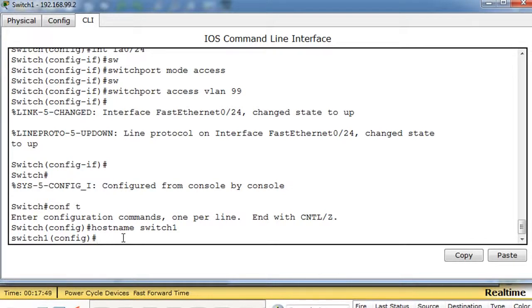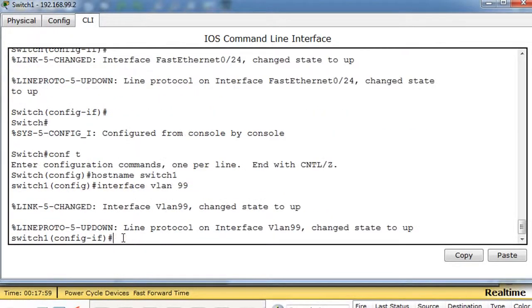For the IP address, I'm going to put the IP address onto a virtual interface. So I'll say interface VLAN 99, right, which creates a virtual interface called VLAN 99. It's not an actual port on the switch, it's a virtual interface. And then now I'm in interface configuration mode for interface VLAN 99, and then I'll say